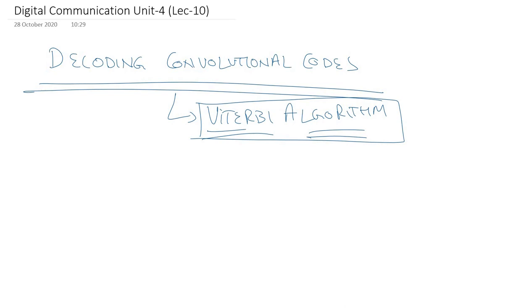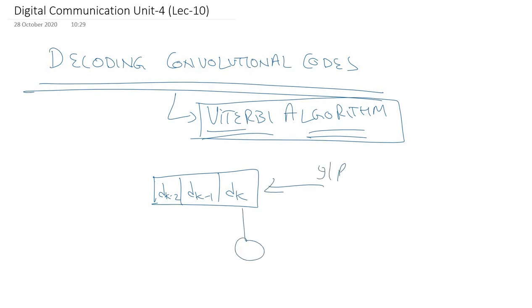Let us take the same example of a convolutional encoder that we did previously. It consists of 3 shift registers, and here we give the input data stream, and there are 2 modulo 2 adders. And these are the 2 output terminals. So we are going to use the same example. Now with the help of this convolutional encoder, we can easily make the state transition diagram.